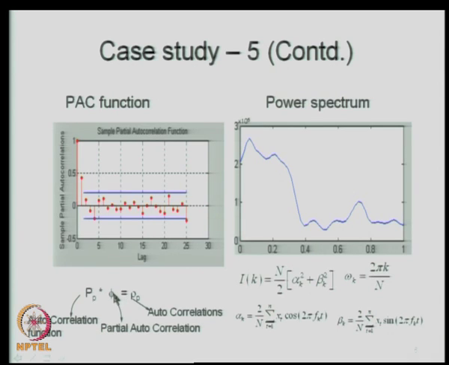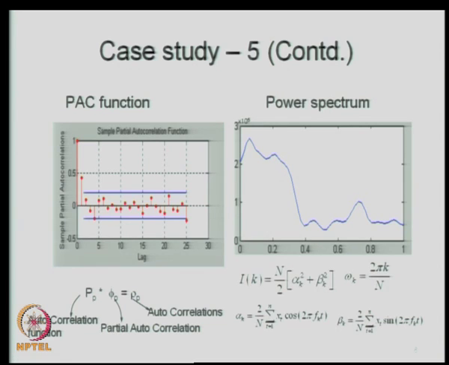When you formulate the Yule-Walker equation of order p, you will get the partial autocorrelation at that order, phi p, at that particular lag. So, corresponding to each of these lags, you formulate the corresponding Yule-Walker equation and get the